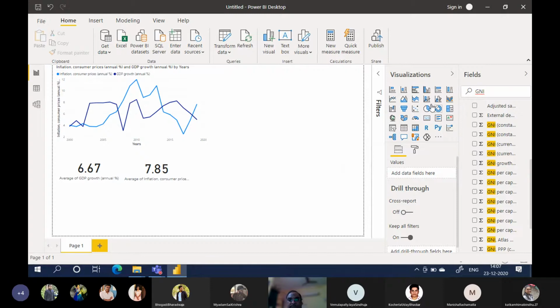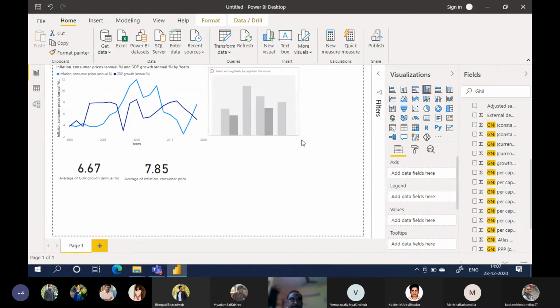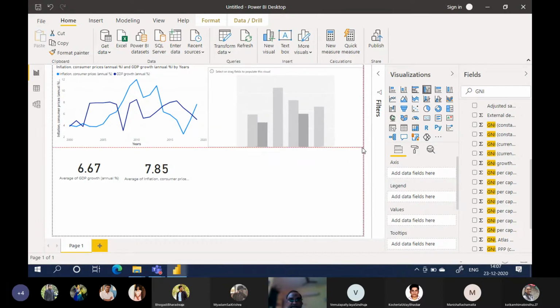So what I will do is I'll click on clustered column chart, bring it top next to this chart and drag it like this till the size fits. See, the red line will help you to do the chart marking also. Move it up. See, automatically it adjusted the red lines. Okay, GNI, first we need to drag years.